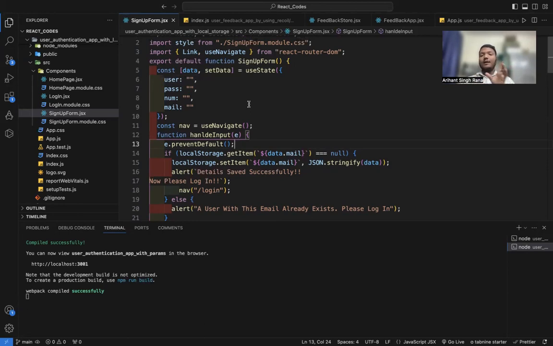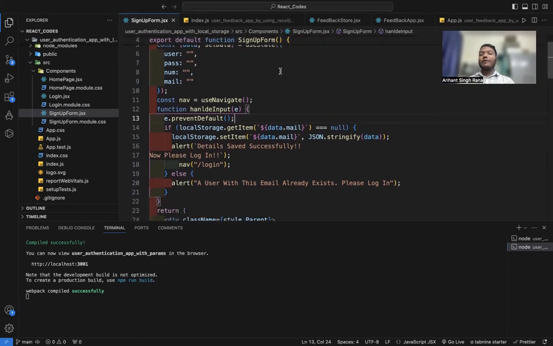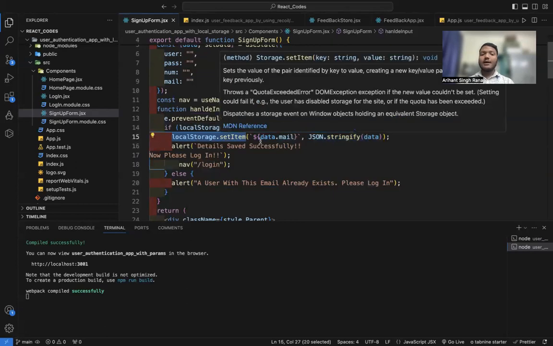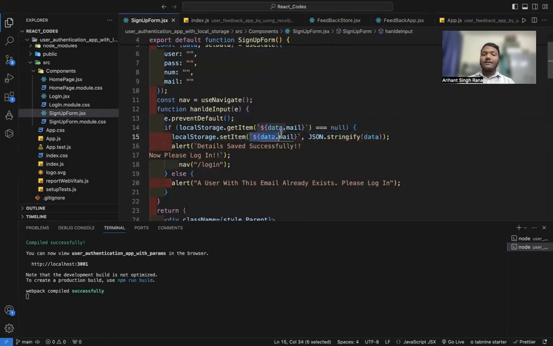So key would be the user's email, and its respective value would be the object that we are creating inside a useState. Now you might be wondering how I am doing that if the local storage only allows string values to be stored inside any key's value. So to store, as you can see, I'm using the localStorage.setItem function. Inside of it, I am passing backtick quotes. As you can see, this would convert my data.mail into string format, because these backticks basically represent my